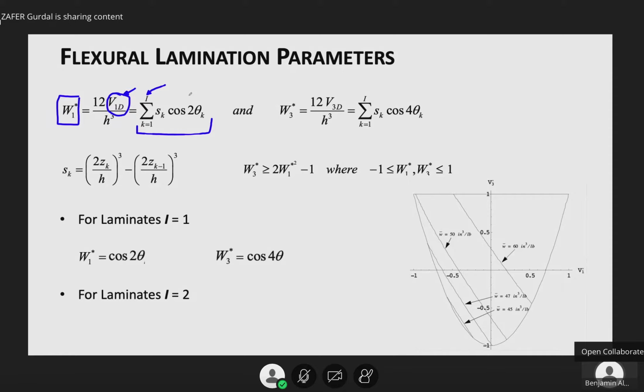So in case of in-plane stiffness parameters, we were using I to be distinct orientations. In this case, these are distinct plies, K from 1 to I, and mostly these are going to be 1/2